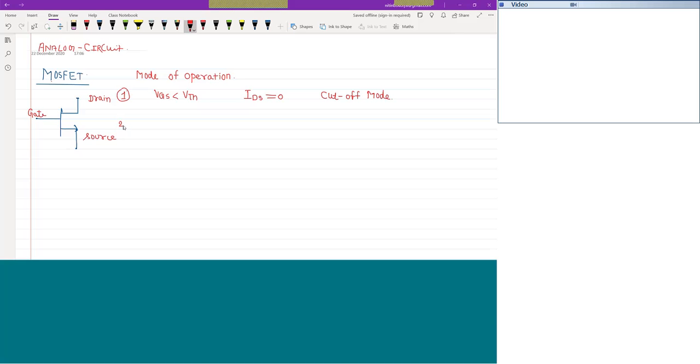The second mode is when VGS is greater than or equal to VTH,